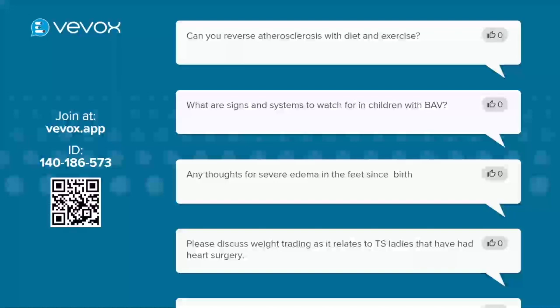Please discuss weight training, I think that's what it means. Weight training as it relates to TS ladies who have had heart surgery. So that's a great question. As I mentioned, people who have had heart surgery lose a lot of muscle mass and bone density, and so we do recommend exercise as a way to recover from any sort of heart surgery. The rate and speed at which you do the exercise really depends on what kind of surgery you have and your overall physical condition. So generally starting very low impact and gradually building up,